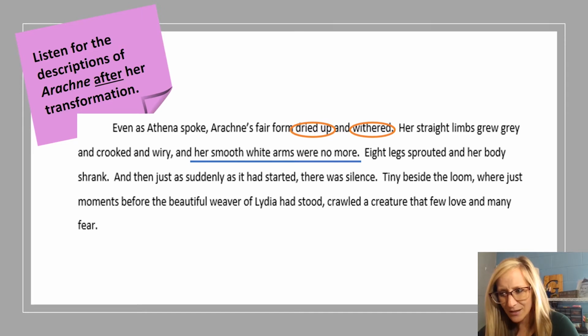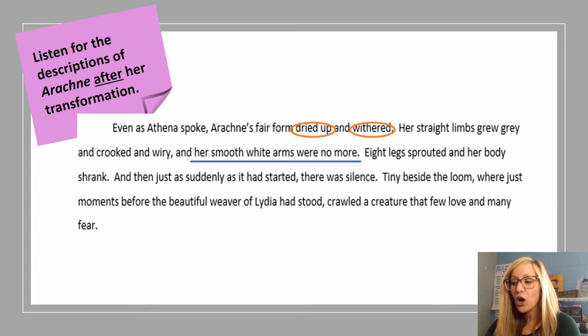What does that mean? I'm going to have to infer here from the text and what I know about spiders, that spiders' legs are hairy, so I can infer that Athena has made Arachne's arms and legs hairy like a spider. So therefore, I know that she now has 8 legs, and she also